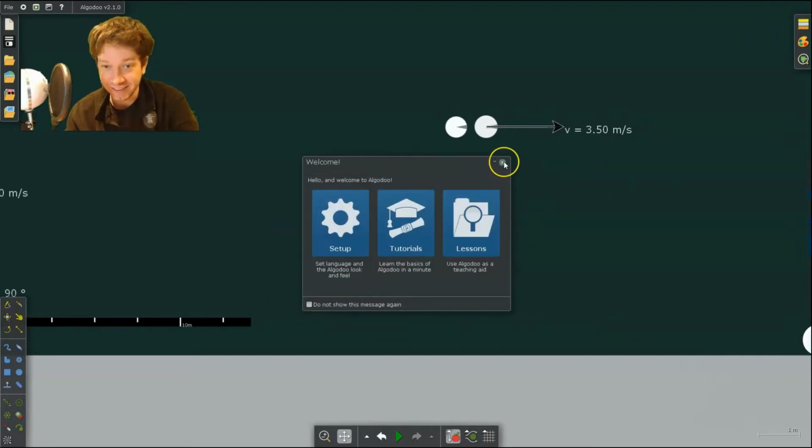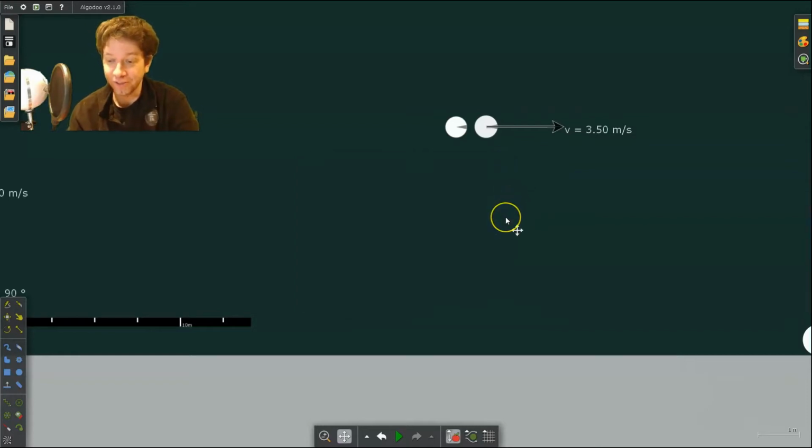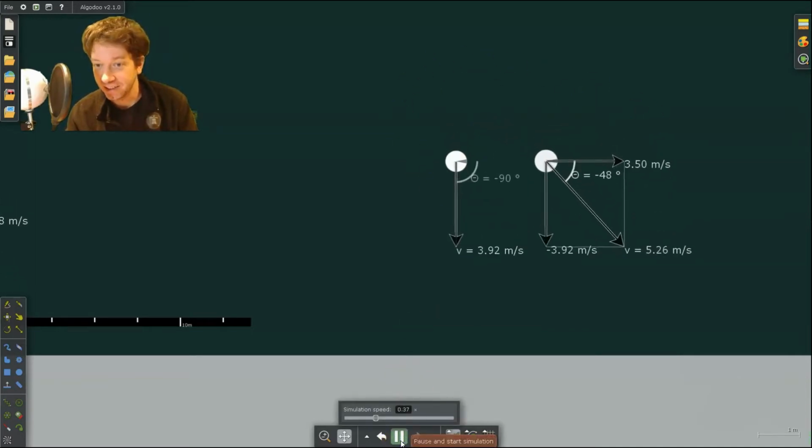So in today's lesson, I am going to go over projectile motion. In projectile motion, you learn in physics that an object will have both a horizontal and vertical velocity, and those velocities are completely independent of one another. And there's probably a demonstration your teacher does where they throw a ball or an object horizontally off a table at the same time as dropping another object. Well, we can set up a simulation like I have here, and I'll show you how to do that after. But if we run it,